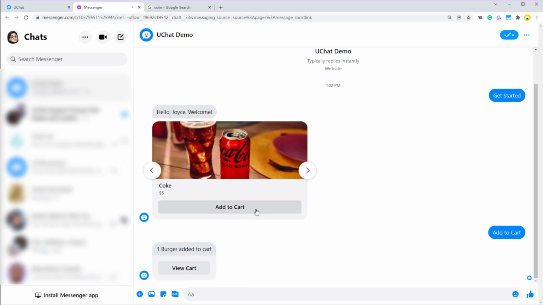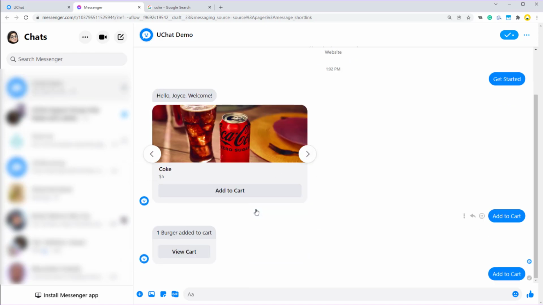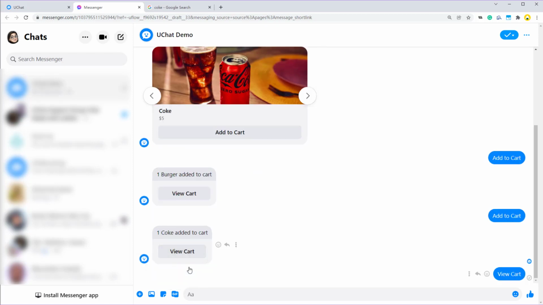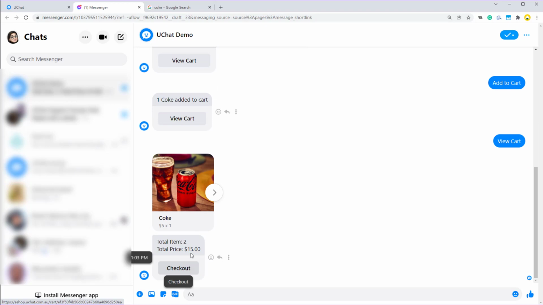Let me add also 1 Coke. Okay, 1 Coke added to cart. Now let's click on view cart. I can see that there is 1 Coke and 1 burger in my cart, and total item 2, total price $15. Now when I click on checkout,